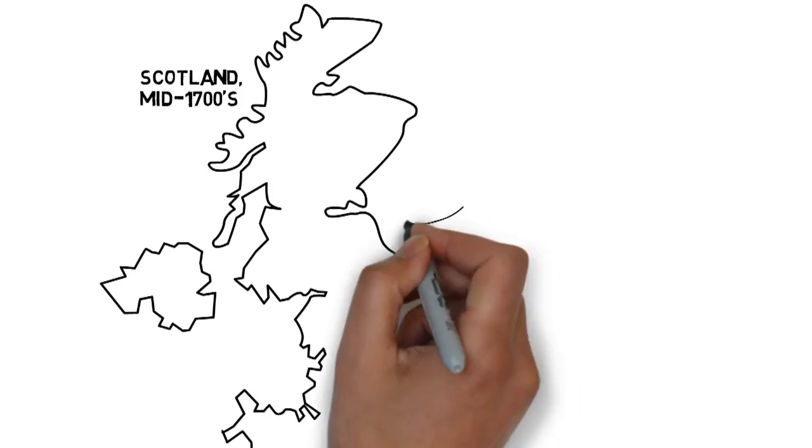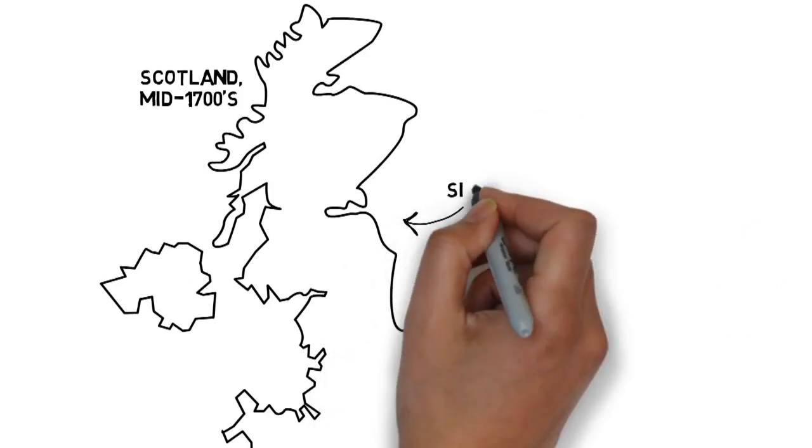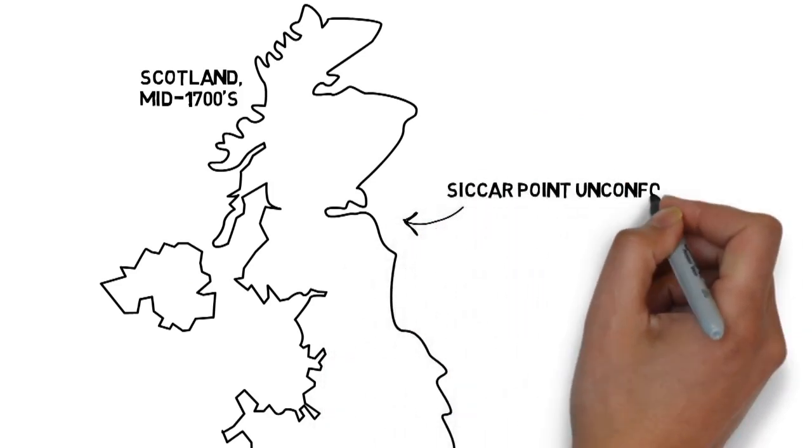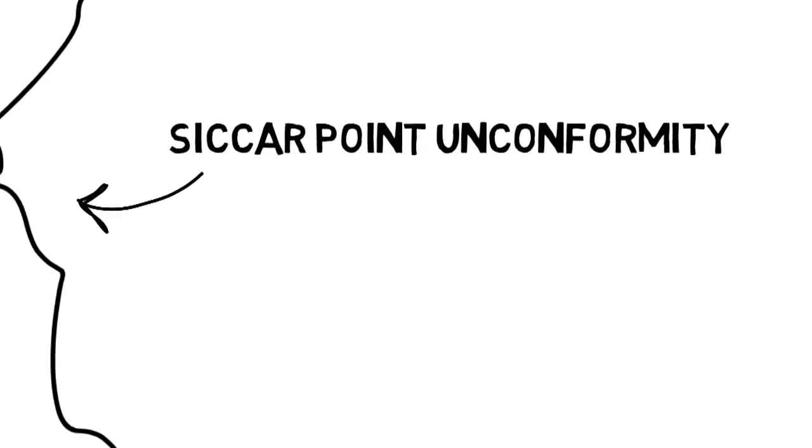Now, what is an unconformity? I keep using that word. I'll tell you how he found it. He went out in his rowboat near Edinburgh. He went to a place, rowed out there, these bare, washed-out rocks on a point. It's called Siccar Point, and any geologist will know it. It's the place where he found strata.